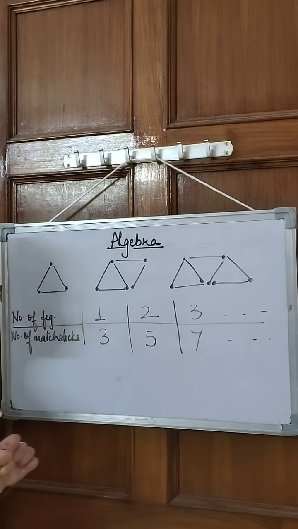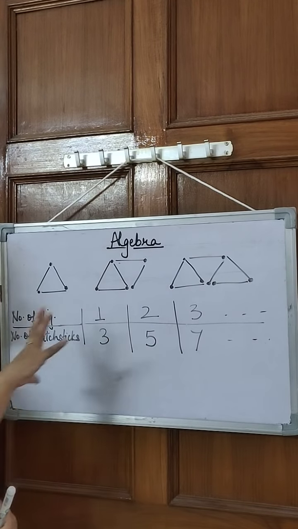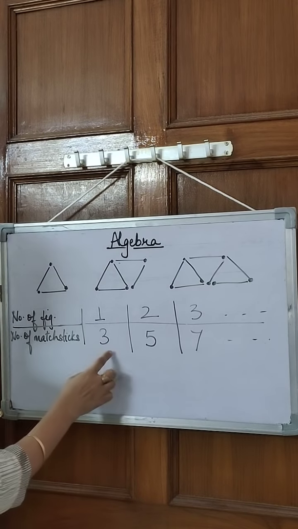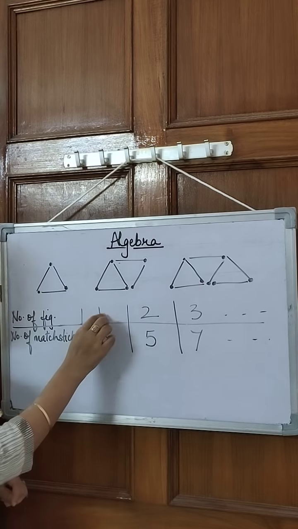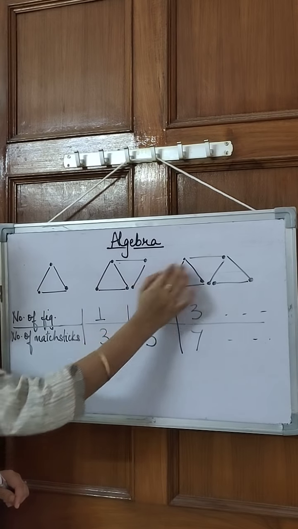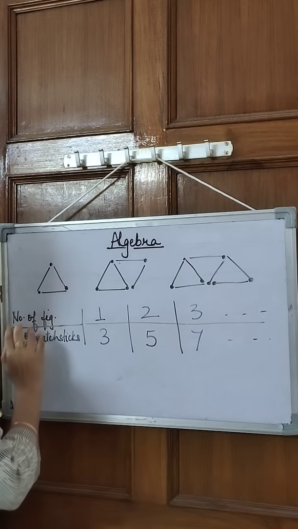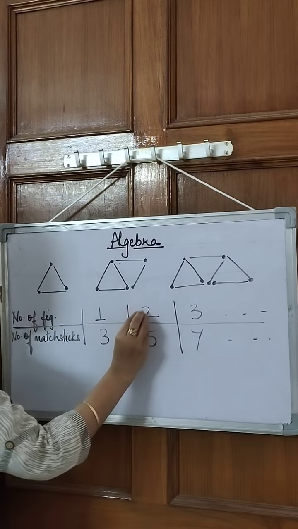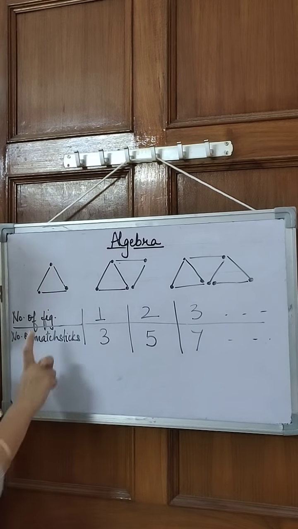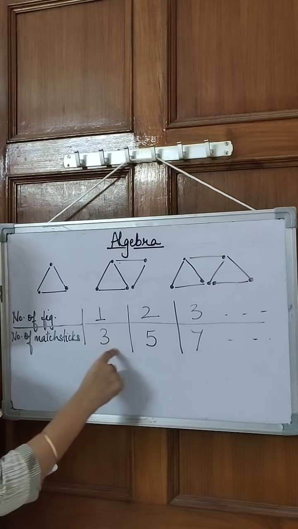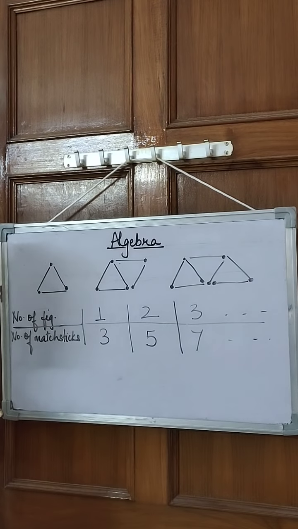This will happen. Now in this case you have to draw a pattern so that you put the value. What we were doing, we were putting the value of the number of figures, that I need 1z, 2z, 3z. So similarly here also I need 1 figure, 2 figure, 3 figure. So we convert the number of figures into a variable. Okay. And then according to the number of sticks that we have, we form the pattern here.